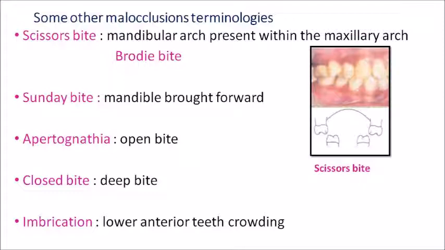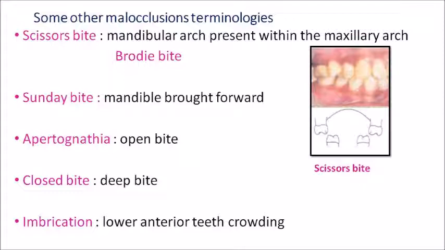Now the second terminology we are discussing is Sunday bite. Sunday bite is seen when class 2 patients with mandibular retrognathism try to improve their profile by biting the mandible forward. When biting, they bring the mandible forward and get a straighter appearance. It is called Sunday bite because mostly when people go to church on Sunday, these being derived from American and European literature, they go out to meet people and try to improve their profile by bringing the mandible forward. This is why it is called a Sunday bite.